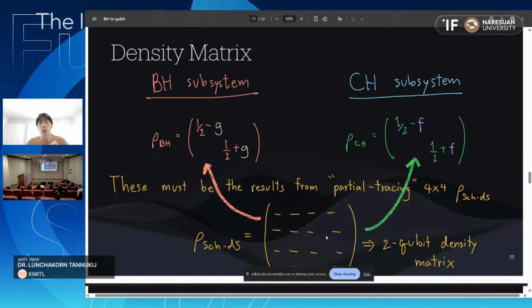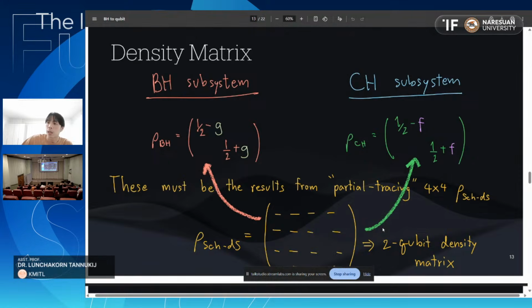So the total density matrix must be of the dimension of that from the BH subsystem multiplied with that of the CH subsystem. So in this case, 2 times 2 equals 4, and we should end up with a 4 by 4 density matrix. And to make this density matrix actually the total density matrix, which contains the BH subsystem as well as the CH subsystem, we should be able to do the partial trace of the total density matrix. If we do the partial trace